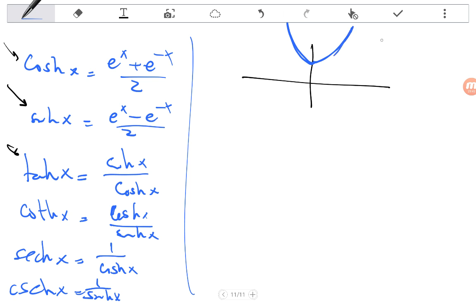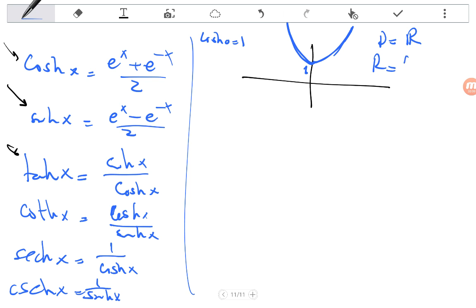Now, just notice, what is the domain? It is all of R. This is 1, because cosh 0 is equal to 1, just like the cosine, where cosine 0 is equal to 1. Also here, cosh 0 is equal to 1. But in this case the range is